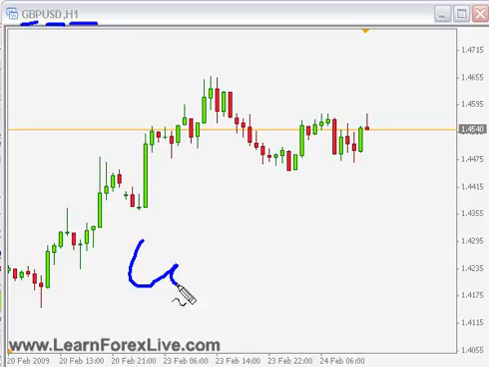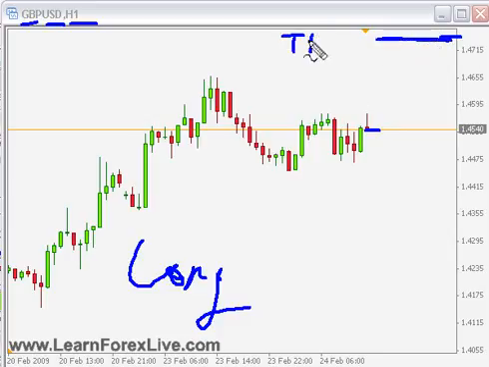Imagine you went long right now at this current market price right there, 145.40, and you were shooting for about, let's say, 200 pips on this trade, which is around here, 147.40, somewhere around there. You would place your target price there, at that level,